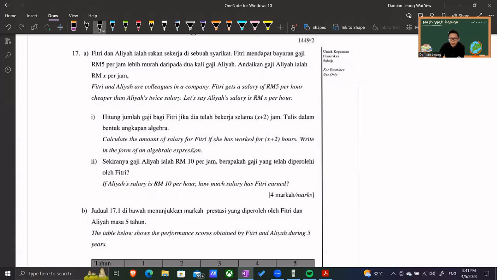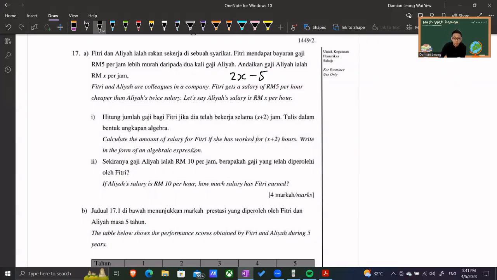So Alia's salary is X ringgit per hour. So if Alia's salary is X, Fitri gets 5 ringgit less than double of her, means Fitri gets 2x minus 5. Yeah. So amount of salary for Fitri if she has worked for X plus 2 hours, right,